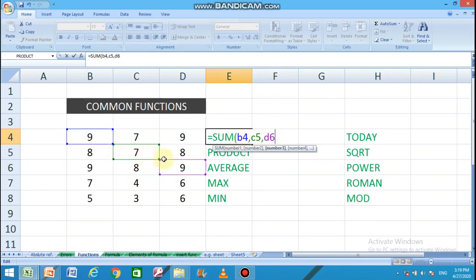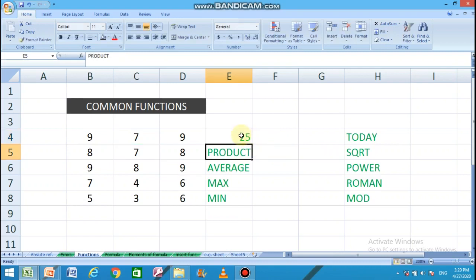The cells are highlighted in the sheet. The highlighting shows that we are typing the correct cell addresses. After completion of all the arguments, just close the parenthesis and press enter. 25. So the addition of 9, 7 and 9 is 25. You can see the formula in the formula bar.